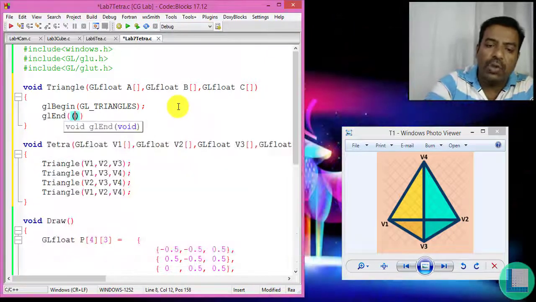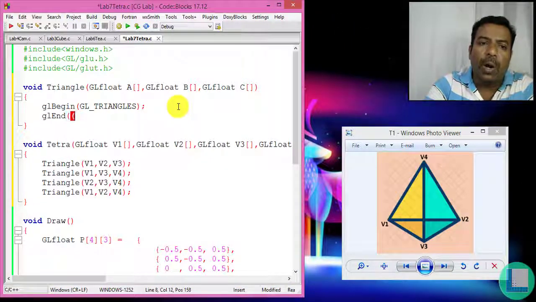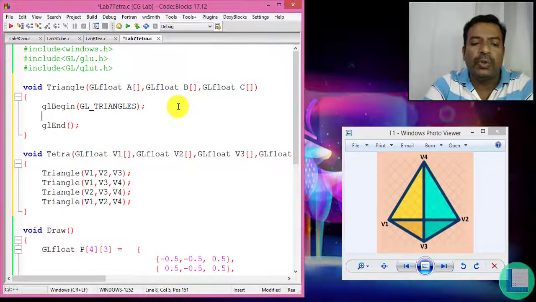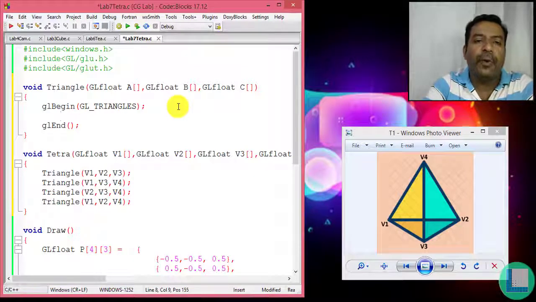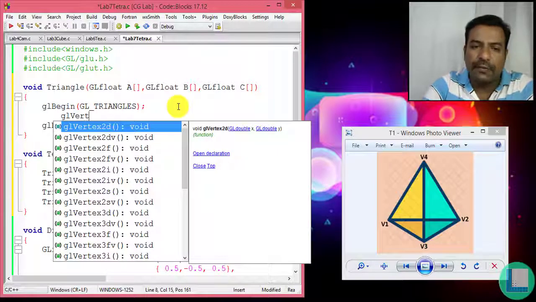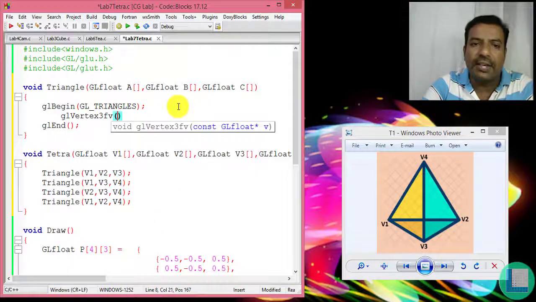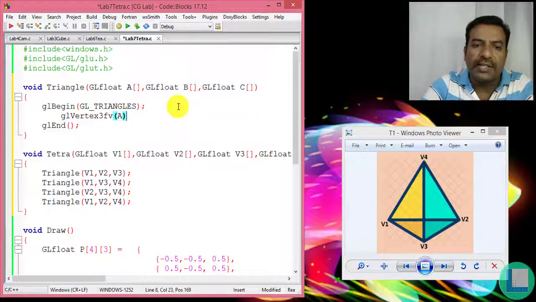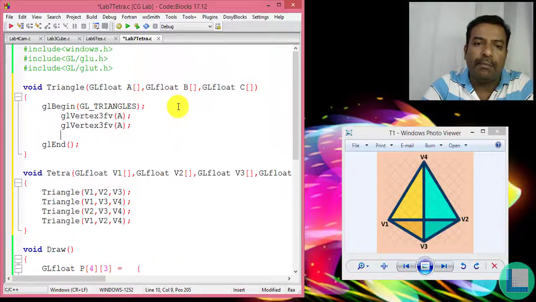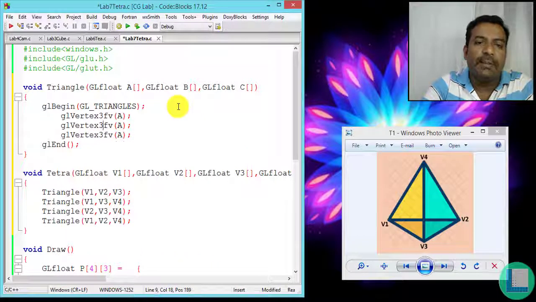And if you want a good idea about how all these APIs work, as I told, refer to my previous video where I showed you the basics of an OpenGL program with the basic APIs which are necessary. Fine. So with this, the glVertex function: glVertex3fv, because it's a 3-dimensional point, and pass it as a. Even all these glVertex functions have been discussed in detail in my previous videos.